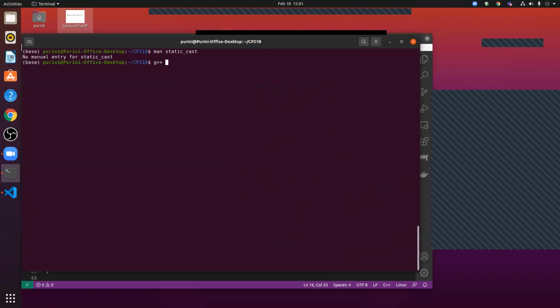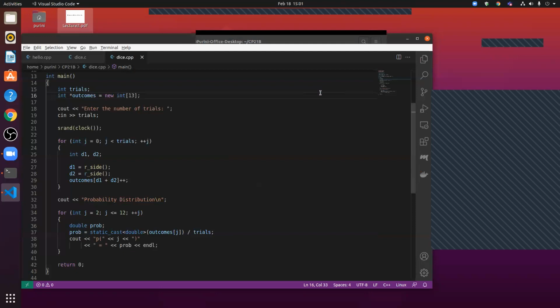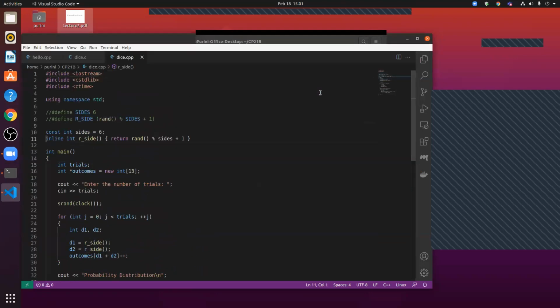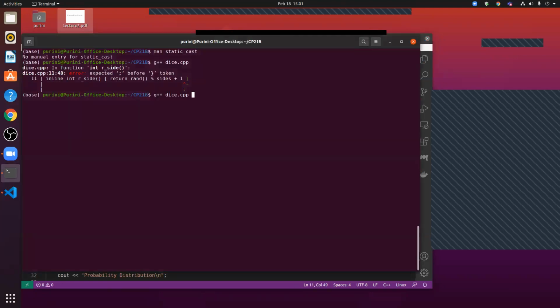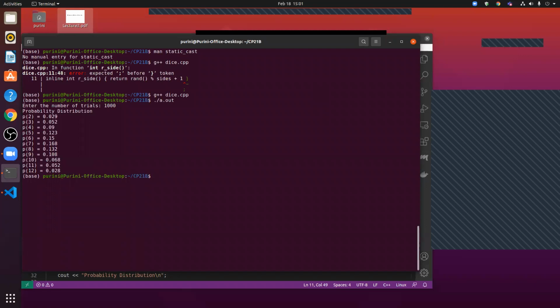g++ dice.cpp. Okay, so this is how it looks. Make sense? Are you all with me here?